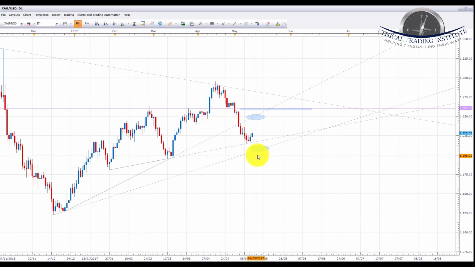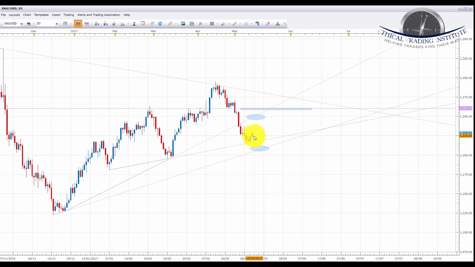as you can see last week, price found support on this trend line here. So the question is, if it does break down through this trend line, we would be looking at a retest of this upward sloping trend line here. However, from this position, since this has now found support at this trend line, we could be seeing a bounce